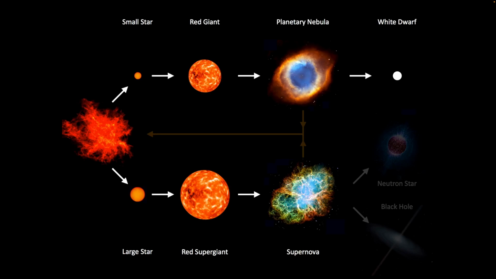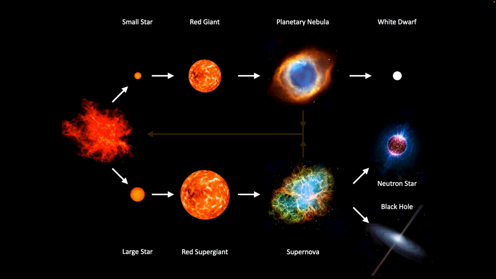If a star goes supernova, what's left behind will either be a neutron star or a black hole, depending on the mass of the original star. But what's left behind, the white dwarf or the neutron star or the black hole, is only a small fraction of the original mass of the star. Much of the original mass is recycled either as a planetary nebula or as a supernova remnant, and most of the material, especially all of the elements generated during the star's life and possibly during the star's death,